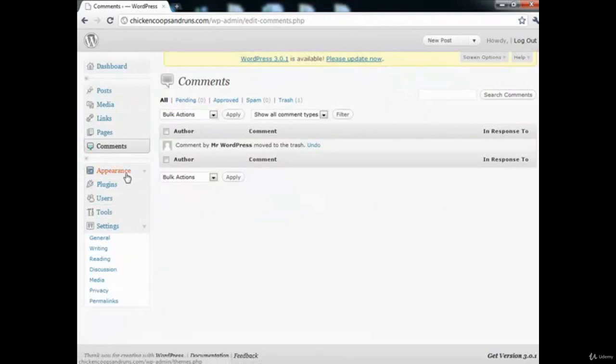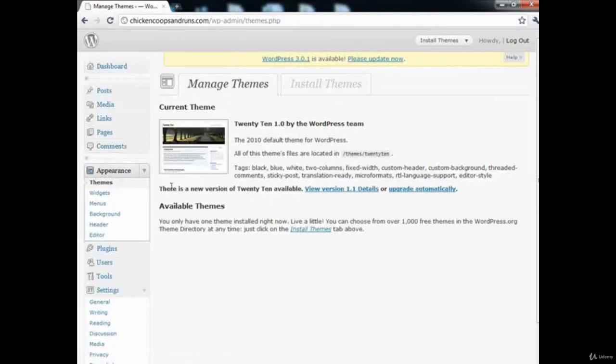Next, head over to Appearance. What you'll see here is a default theme for WordPress. If you want to change your theme and have fancier designs for your blog, then you can click on the Install Themes tab